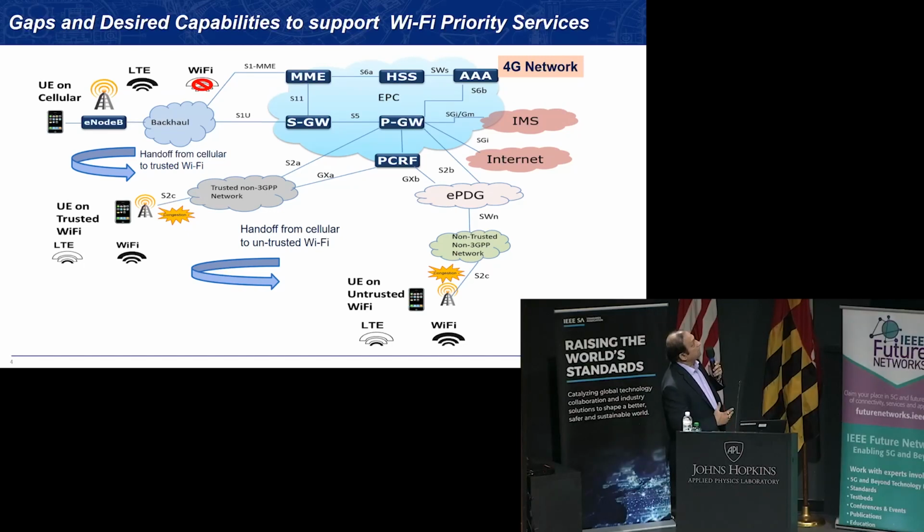I am connected to 4G or 5G. In this specific picture, I'm showing connected to a 4G network. And then I may hand over to trusted, untrusted, or there may be multiple untrusted Wi-Fi networks around me. So how do I decide, right? The thing that is missing here is exactly what you're suggesting: some kind of a heterogeneous RIC that will coordinate all these things.